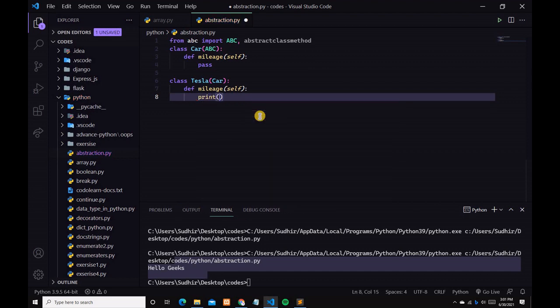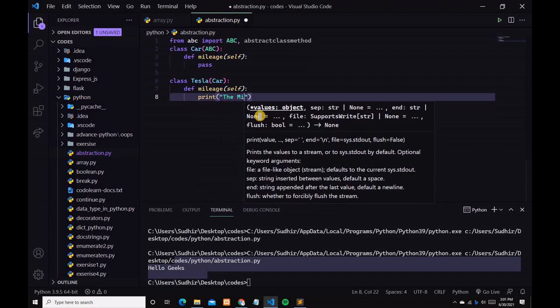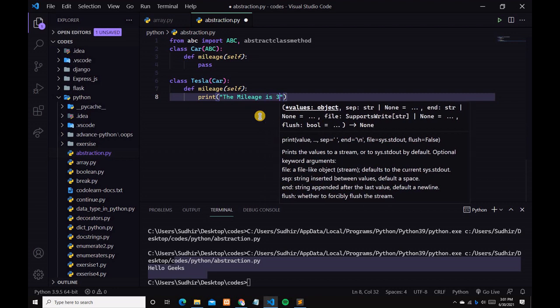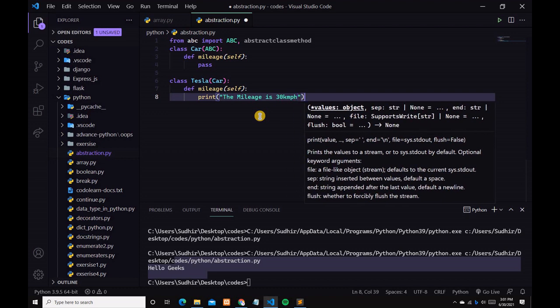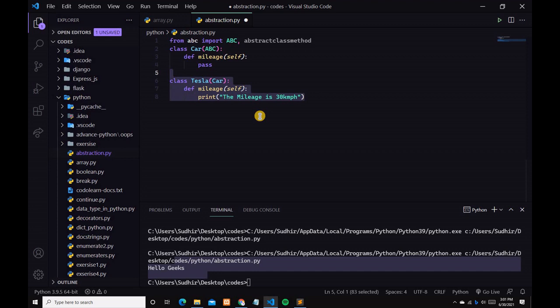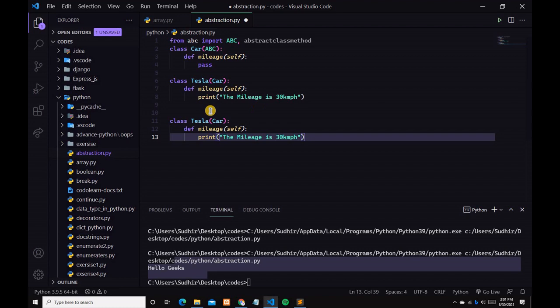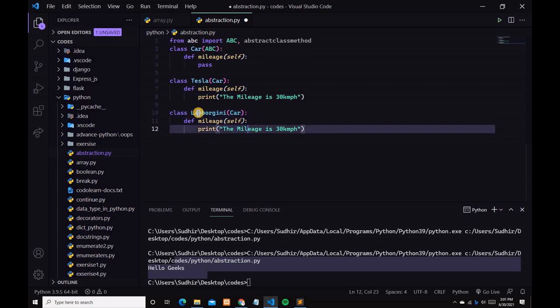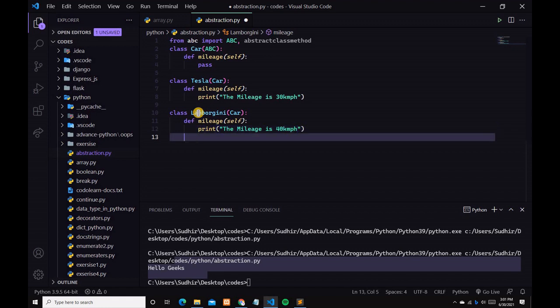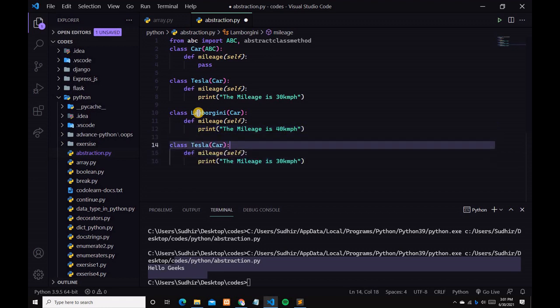Then it returns 30 kmph. Then let me copy this and paste it here, and instead of Tesla I will type Lamborghini, then I will type 40 kmph.